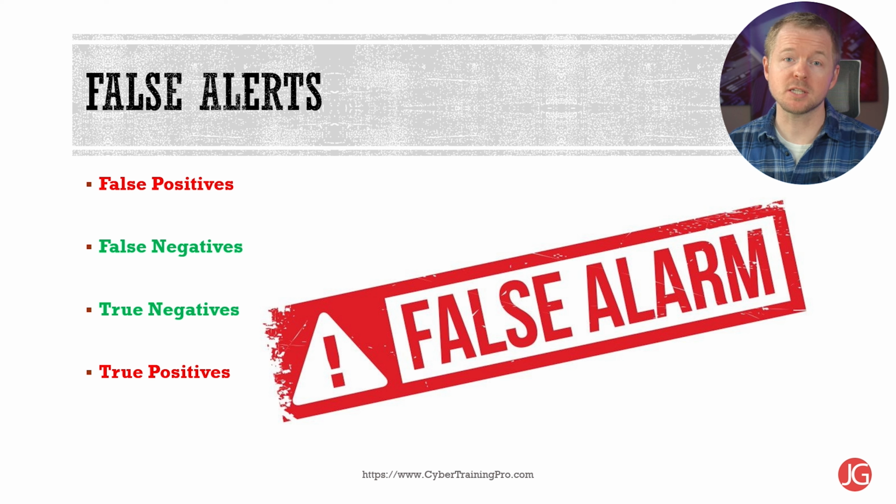I want you to compare the false positive responses to the children's story of crying wolf. If we receive so many false positive alerts, we're eventually going to ignore the true positive alerts when they finally come through. Likewise, we don't want to let false negative responses to continue either, because that means the attackers are successful. IDSs and IPSs require us to continuously evolve and tune our rule sets so that we only get accurate